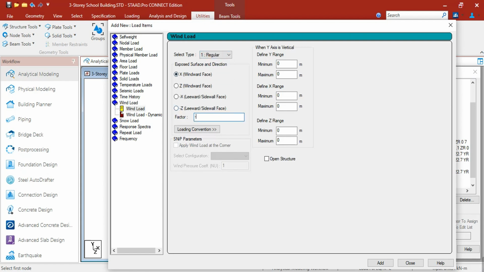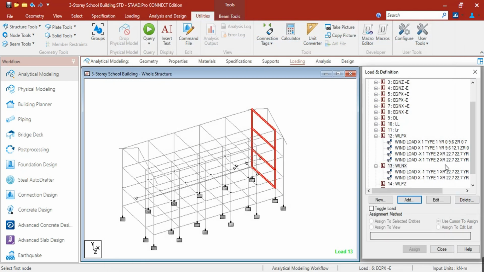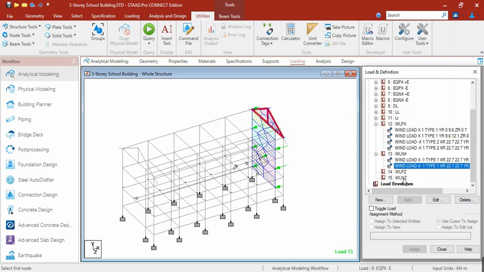The factor is -1. Y range is 9.6 to 12.1. X range is 22.7. Then Z is from 0 to 9.5. Then click add.